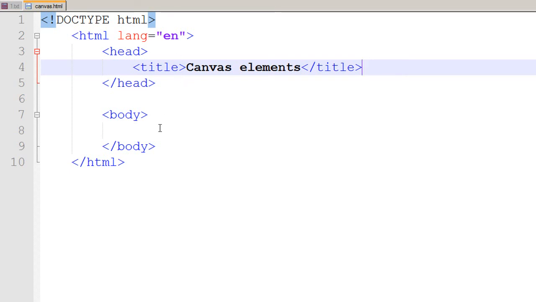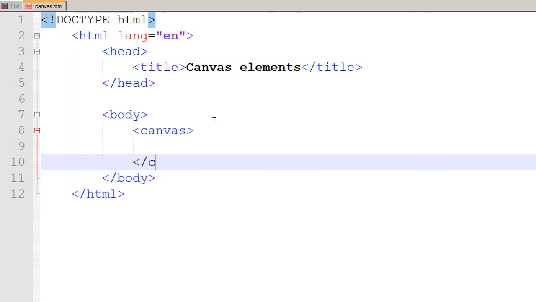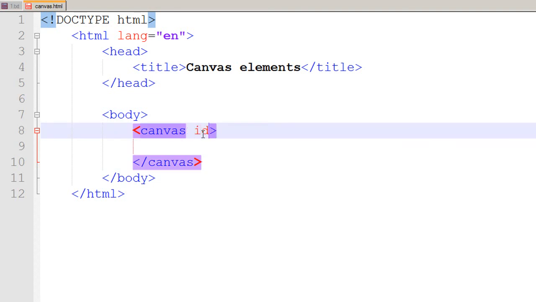Now I would like to introduce the canvas tag, and the canvas tag is used in the body tag, and you can use more than one canvas tag in the same HTML file. To begin the canvas tag you just type canvas and you close it with /canvas. And it is always a good idea to give an ID to your elements, because you would be using